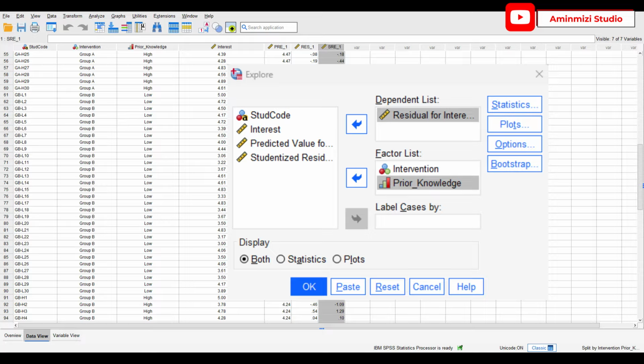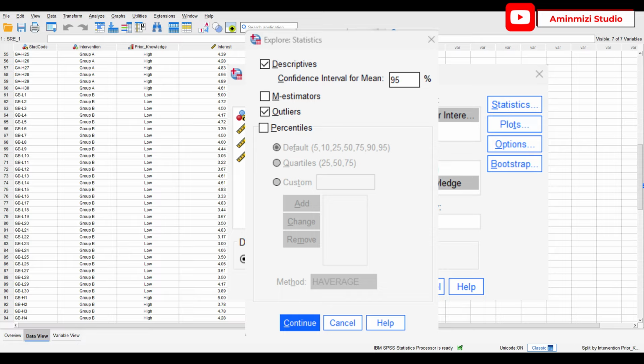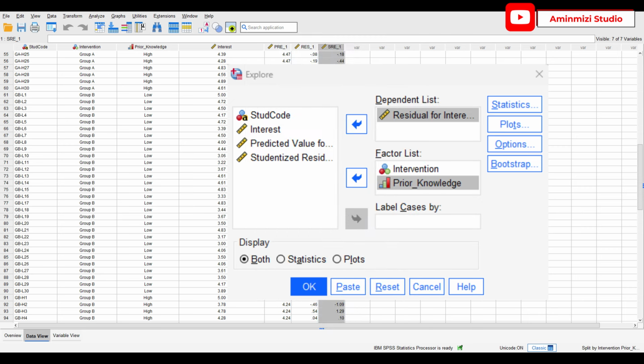For statistics, please check Descriptives and Outliers because we want to find out whether our data meet the fourth, fifth, and sixth assumptions or not. So one of them is the outliers. Okay, click Continue. For plots,